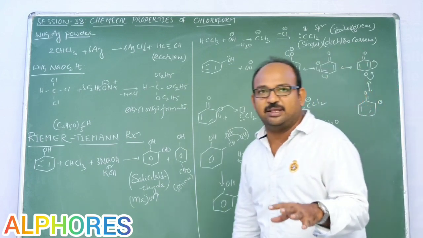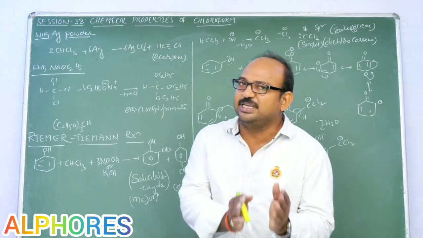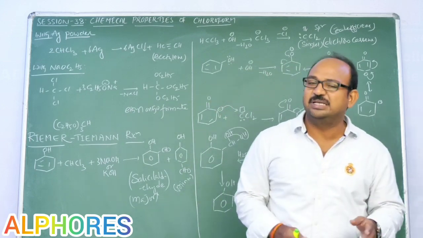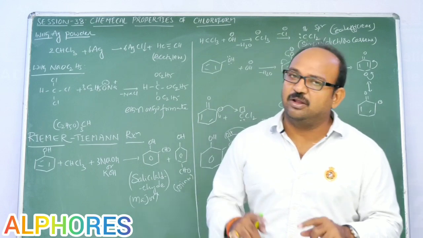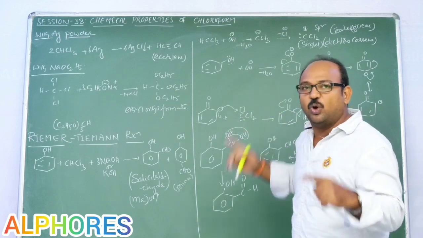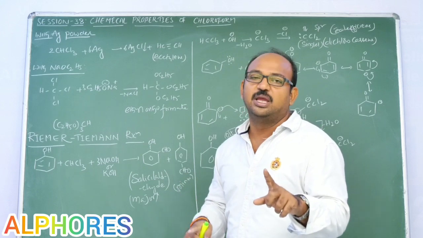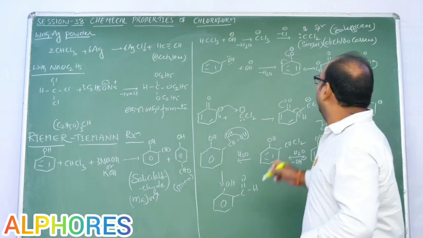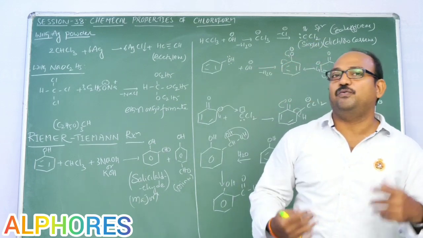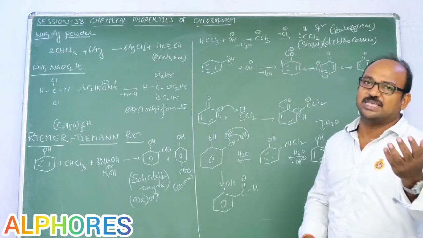That is CCl2. What are we getting? A singlet carbene. What is the difference between singlet carbene and triplet carbene? In singlet carbene, both electrons are paired up, located in one orbital, and there is one vacant orbital at carbon. Whereas in triplet, the two electrons exist as two individual unpaired electrons in 2p orbitals. In such a case, it does not have any vacant orbital. So here dichlorocarbene, the carbon is neutral, electron deficient, an electrophile, and being electron deficient, also a Lewis acid.